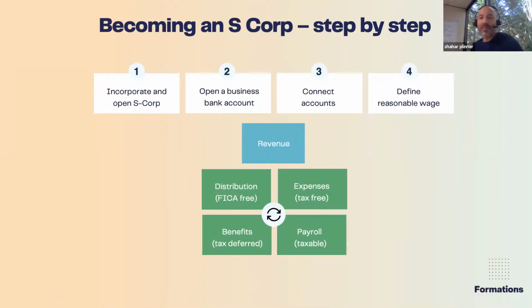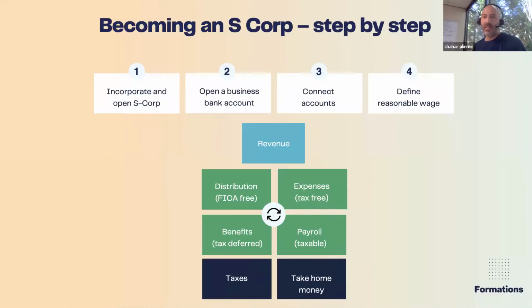Payroll is a perfect example of how you can save money on self-employment taxes. Formations will help you define what is a reasonable wage, how much you should take to pay enough in Social Security, so that you'll have enough earned income to set aside for retirement and to be qualified for loans and mortgages. This is the W-2, the desirable W-2 that every self-employed person is looking for. Steady pay stub, paying taxes, enabling benefits.